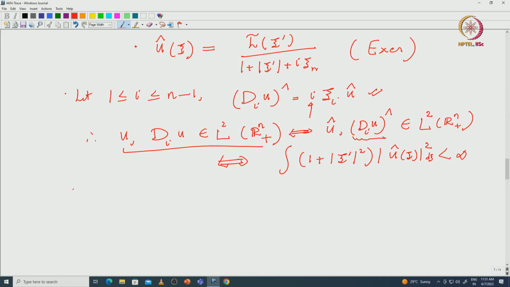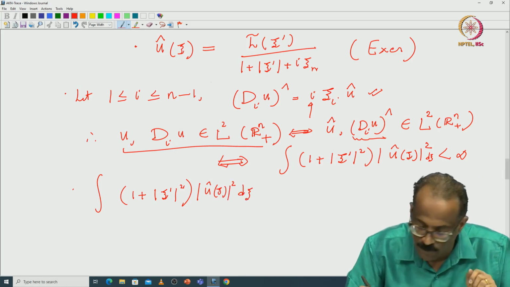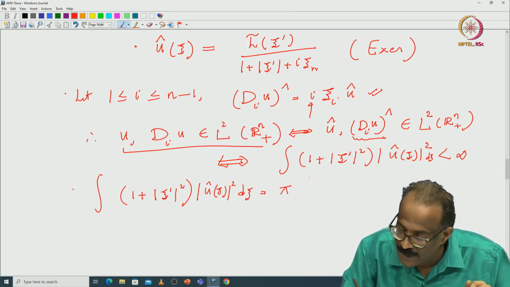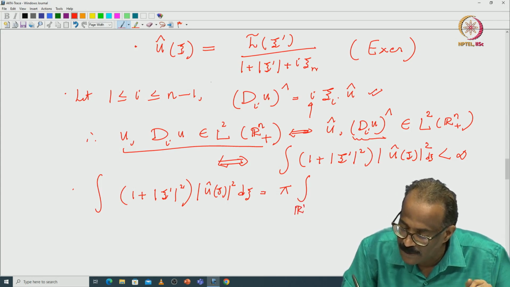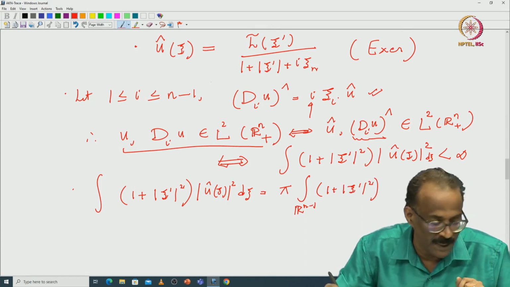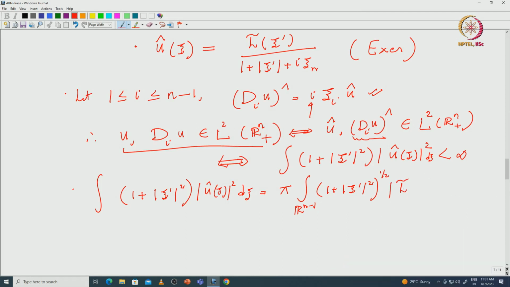You compute the integral of 1 plus mod xi prime square, u hat of xi squared d xi, which is equal to some constant, I think the constant is pi, times the integral over Rn minus 1 of 1 plus mod xi prime, half, h tilde of xi prime